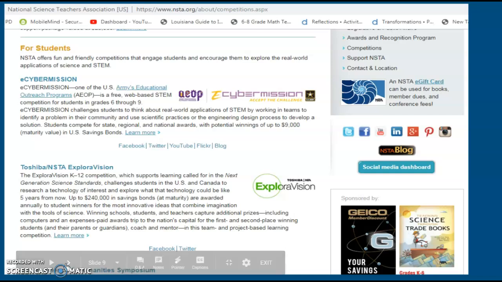And then on the NSTA page, they also have some great examples of competition-based learning where there's one where it presents a challenge to students to find problems within their own communities, and that the students must use the scientific practices to actually solve the problem, which actually promotes becoming a steward of your own learning and your own community. And so these are just other great examples of